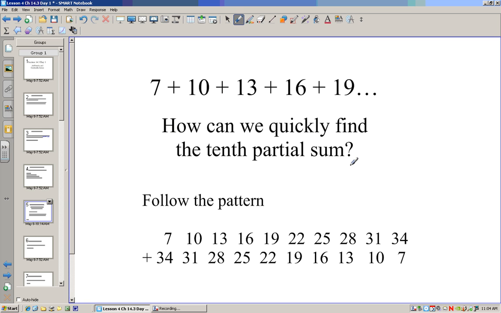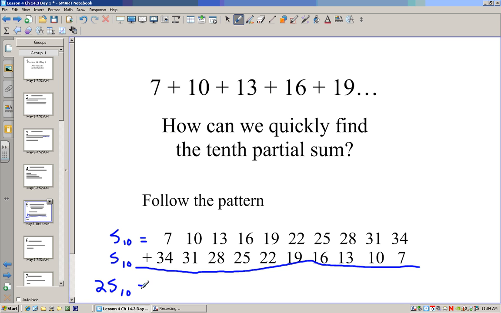However, that's not practical to add those up every time. So we're going to look for a new method. So if I take S of 10, which is the sum of the first 10 terms, and I take S of 10 again, the sum of the first 10 terms, if I add this side, it would be S sub 10 plus S sub 10, which would be